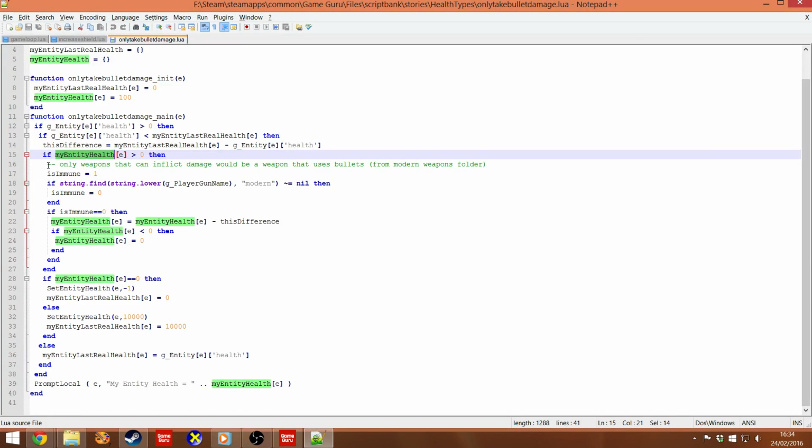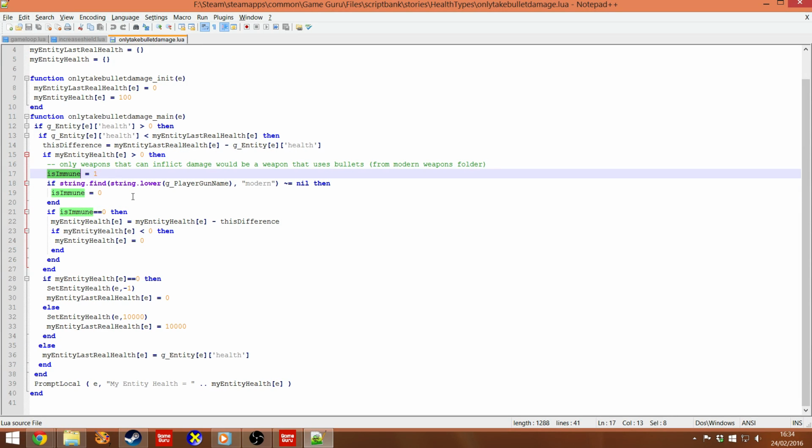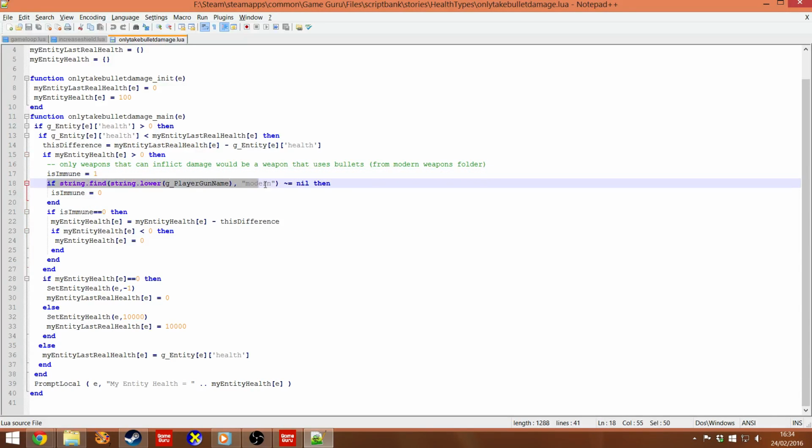And now here's the trick. Here's the immunization bit. We set up a local variable called isImmune and set it to 1. So we're assuming the barrel is immune to everything. That's our condition. Is immune? Yes. 1 equals yes. And then we have this instruction. We're looking at what the player is holding in their hand when the weapon was fired. You see? So I know for a fact that every weapon in the modern